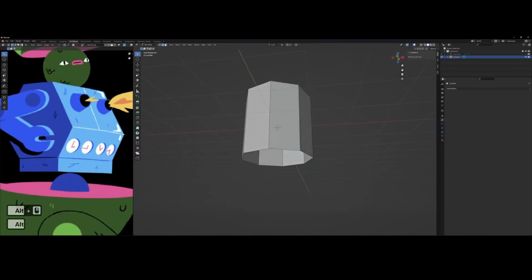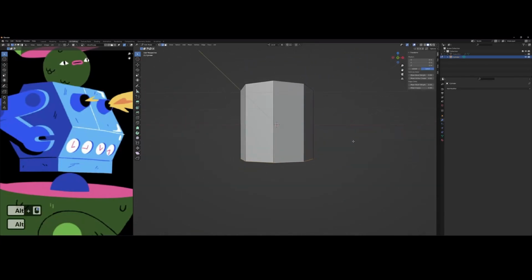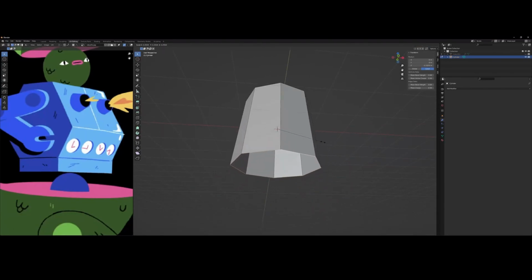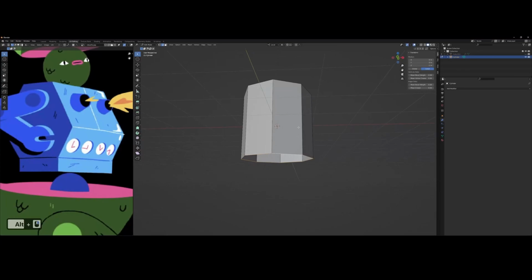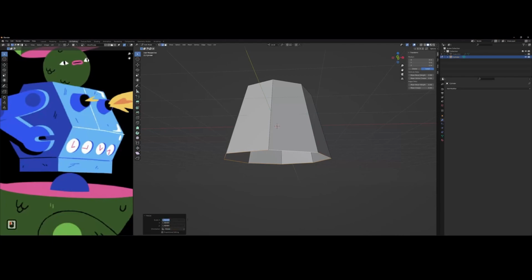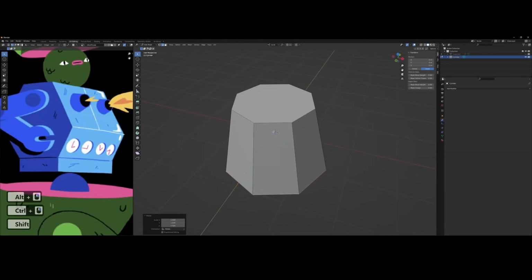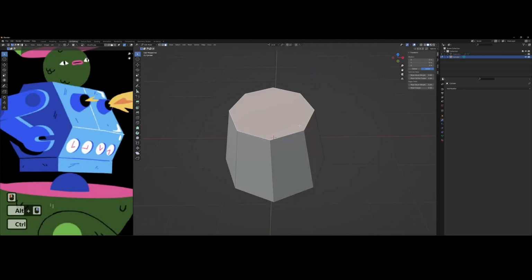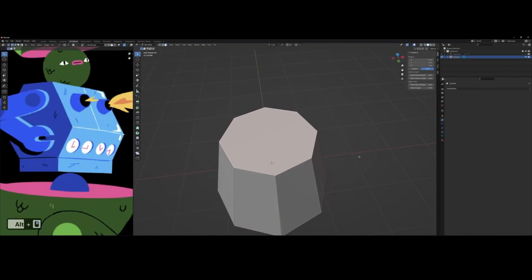Let's move on. Press the 2 key, Alt, and click to select the whole group, and press S to scale it a little bit. But before scaling it, make sure to change the pivot point orientation. To do this, press the dot key and Median Point. Let's try to set 1.5. Press the 3 key, select the faces, press I and select Inset Faces. So press I, then set approximately 0.3 in thickness,